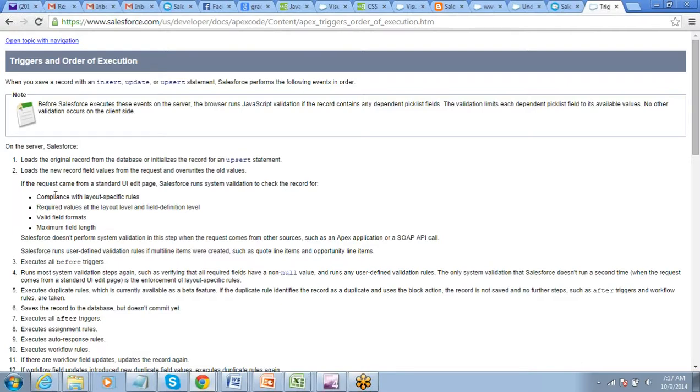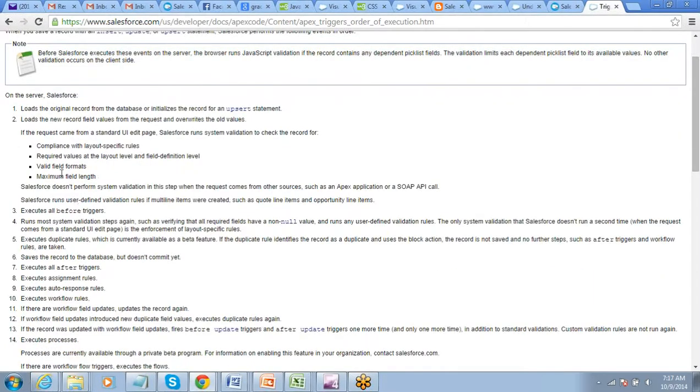So you see this, first of all your system validations are things like, have you entered the value in the field in the right format, have you put the right number of characters which are to be put. So system validations are something which are enforced by default. You have not defined a validation rule. System automatically does the validation. If it's a mandatory field, you have not given a value. If it's a number field, you have entered text there. Or if the length allowed is 10, you have entered 20. So this is the first thing which works.